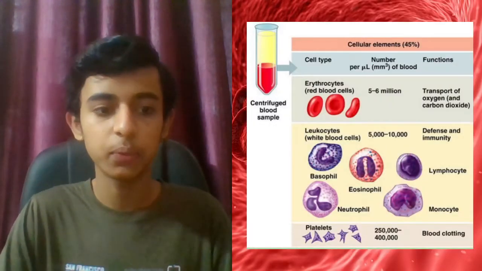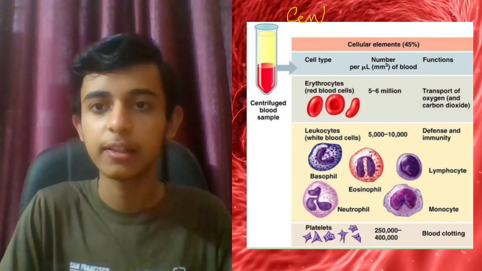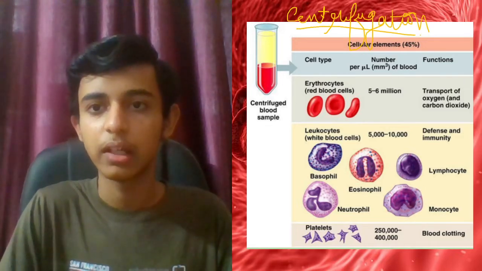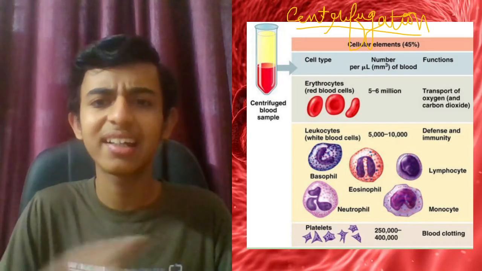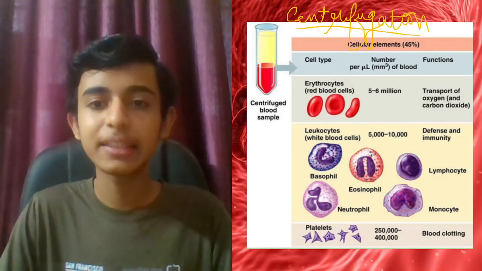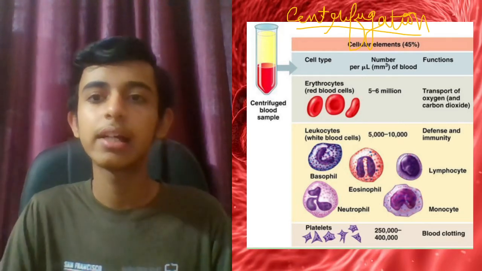Which process do we use? It is known as centrifugation, in which we rotate and churn it, so that the denser particles are forced to settle at the bottom and lighter particles stay at